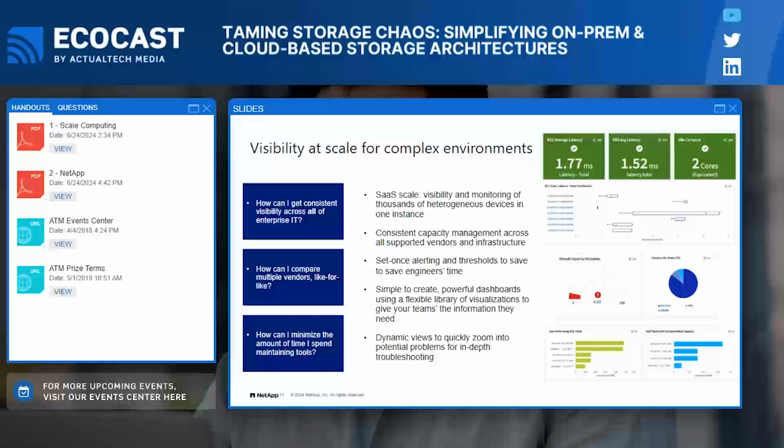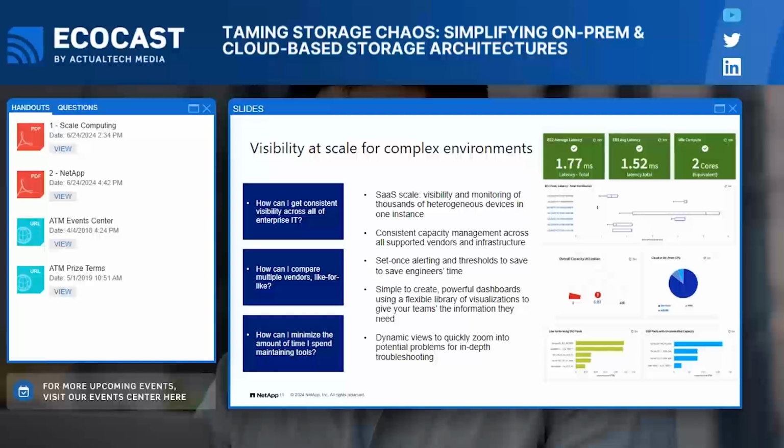And as a SaaS product, NetApp's going to take care of the hosting and care and feeding, patching of this product. And we built it on microservices to easily scale the backend when needed. All of your assets will be recorded in one place so you can report on them from a global perspective, have the visibility of assets regardless of location or vendor, and be able to monitor and drill down to specifics from there.